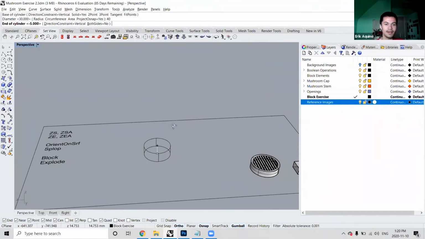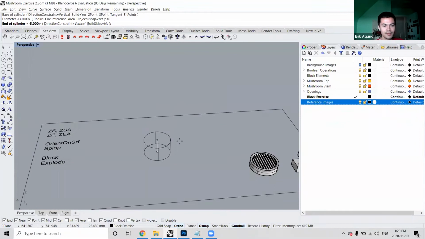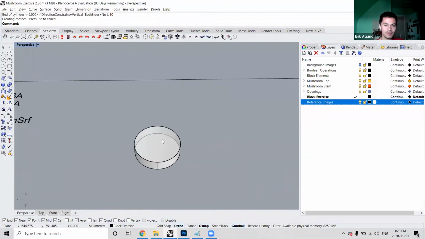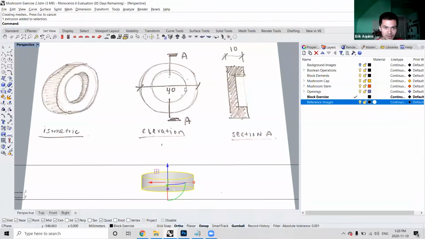And then we need our height, which I've written as 10. Okay, so I can type 10 and enter. So I've got my first cylinder. I can draw my second cylinder, which I don't really have dimensions for, so I'll roughly estimate what this opening